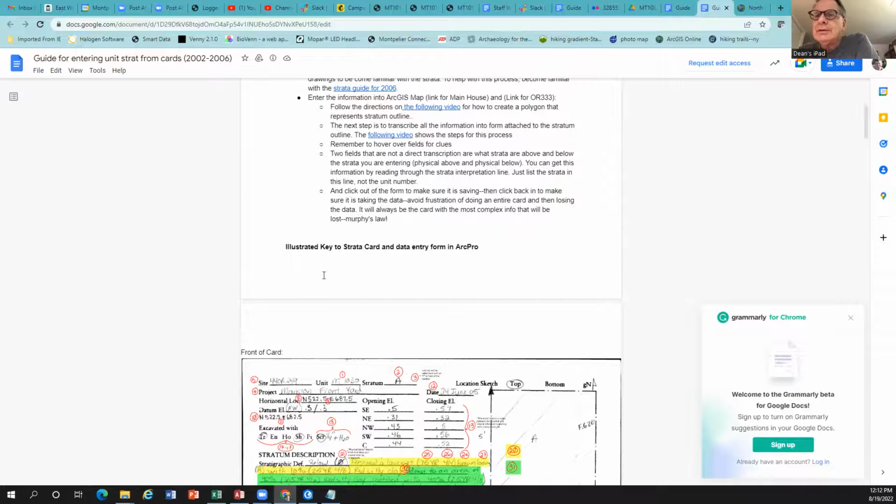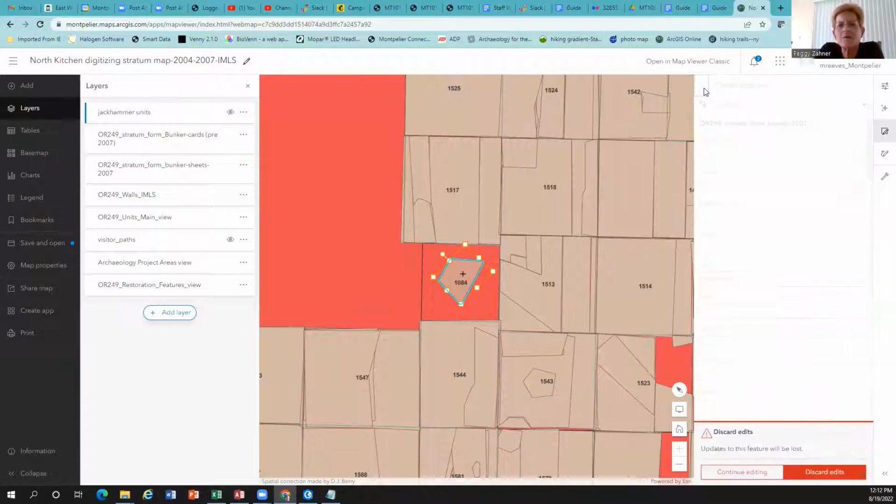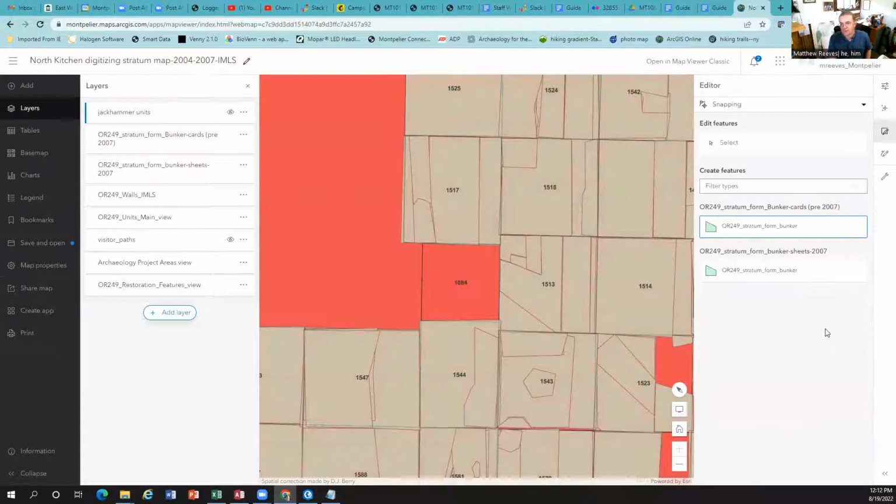Yeah, that makes sense. It's a little convoluted. But show again how to make that selection, would you? Okay, so you edit. You go into, you click on layers first, right? Yeah, you click on layers. It brings up this list of layers, and then you have to turn off the unit layer, the unit ones, and turn on the